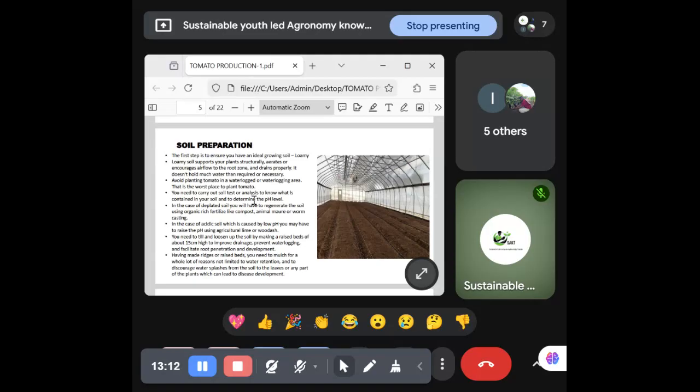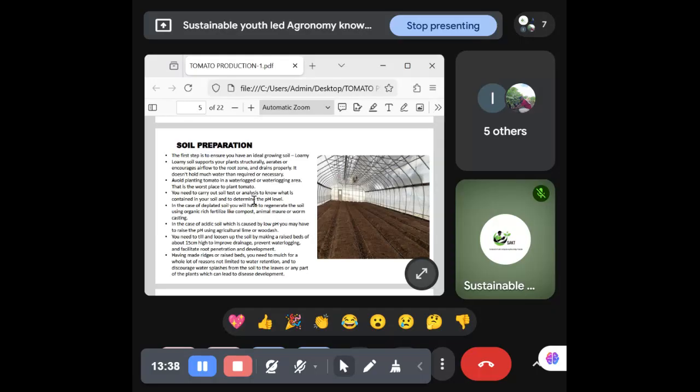Also, looking at the pH level, you need to know whether the pH there is ideal for the development of your plant, because your plant requires a certain level of pH. It should be at least 5.5, shouldn't be less than 5.5. In fact, that 5.5 should be going up and not down. So the next thing on the list says